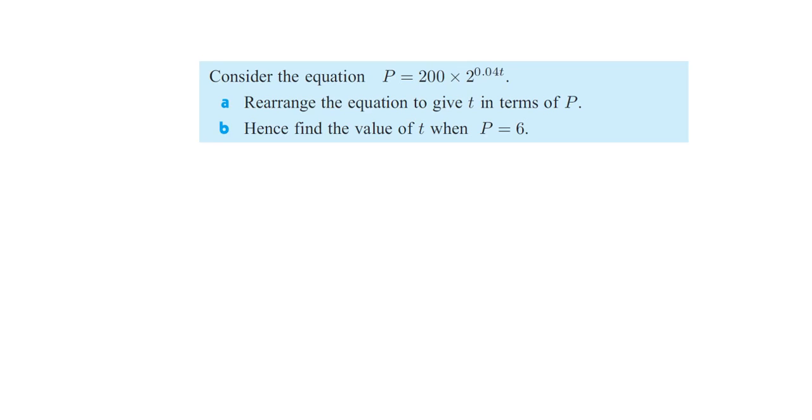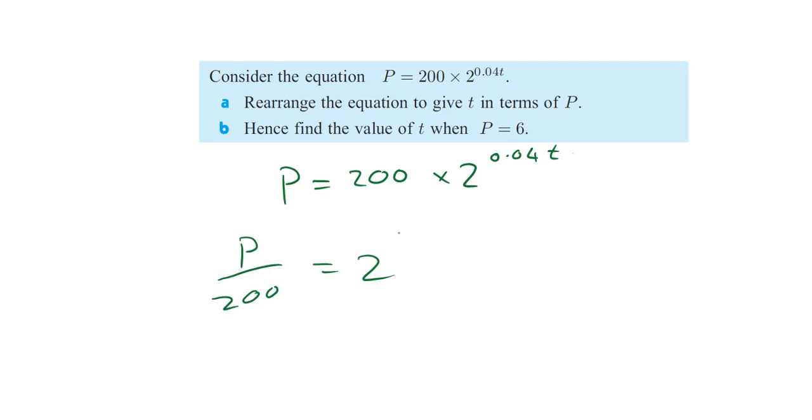Let's try and use that inverse law that we saw, right? Okay, so P is equal to 200 times 2 to the power of 0.04t. Let's rearrange this equation. Okay, so we're going to make t the subject in terms of P. So I'm going to start off by dividing, well, let's write it out. And then what we're going to do is divide both sides by 200. So P over 200 is 2 to the